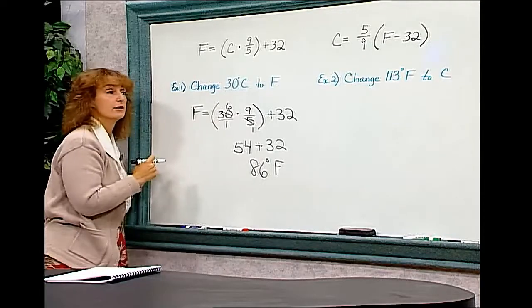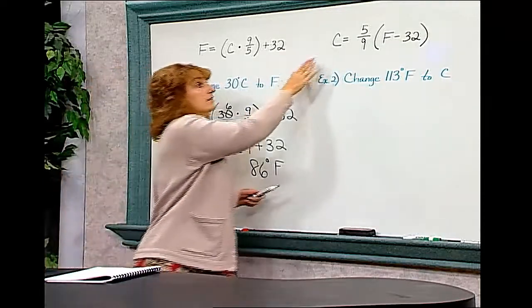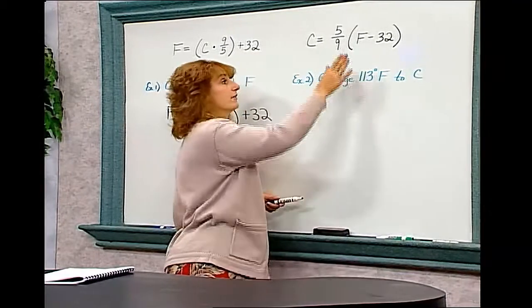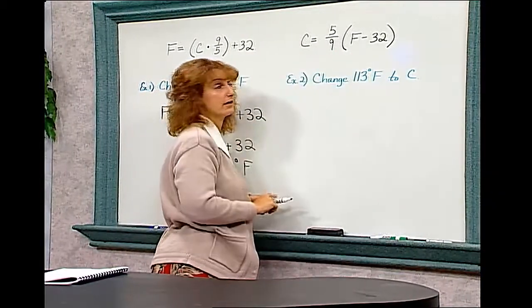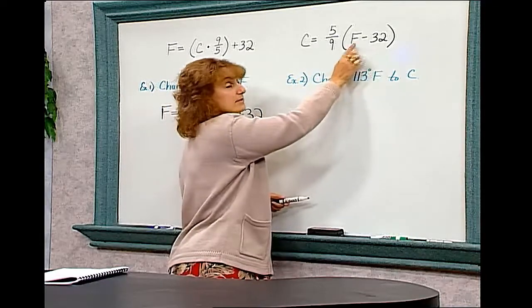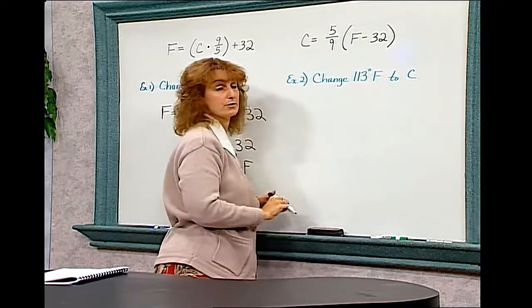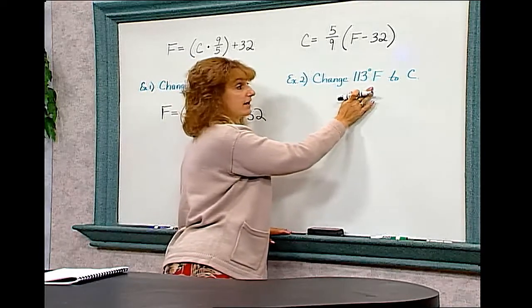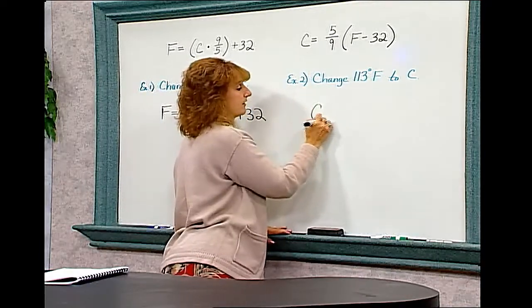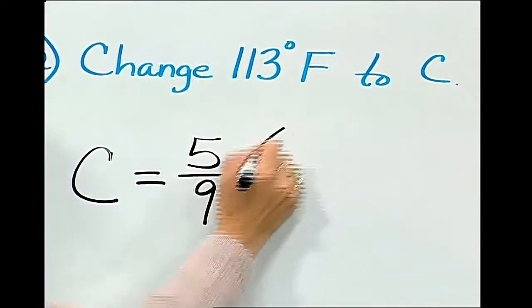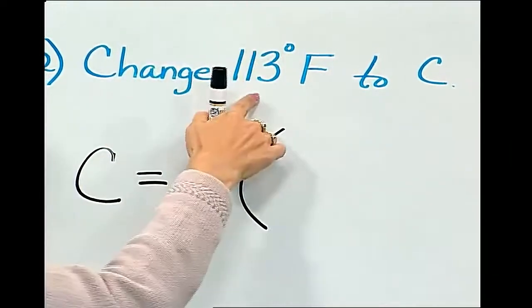But let's say we're trying to find centigrade and we know Fahrenheit. In other words, we're going from Fahrenheit to centigrade. We use the formula 5/9 times Fahrenheit minus 32. When we change 113 degrees Fahrenheit to centigrade, we're trying to find centigrade, we have 5/9 times the Fahrenheit temperature